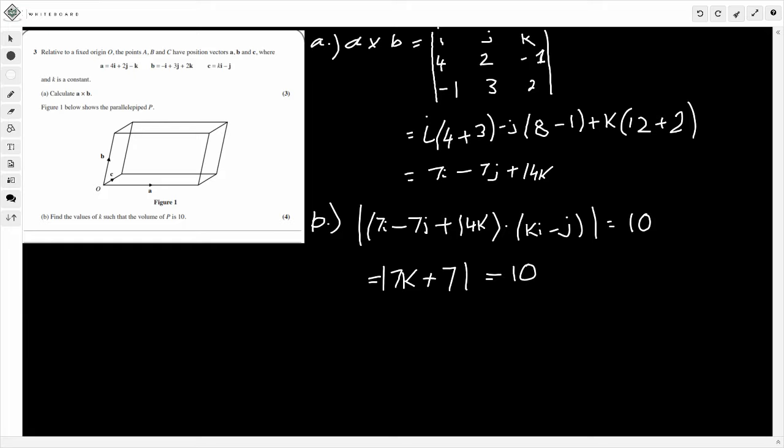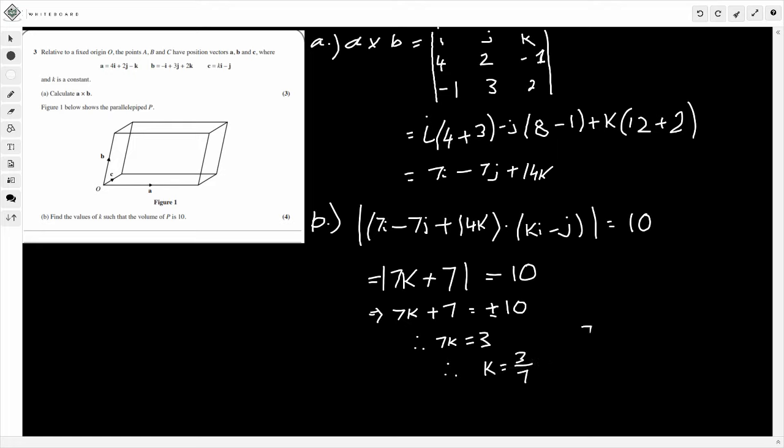Okay, so to undo these, what we're going to do is just make this 7k plus 7 equal to plus or minus 10, because we've got rid of the absolute signs now. And then finally, this is nice and easy. What that means is that 7k is going to be equal to either 3, because 10 minus 7 is 3, so therefore k is 3 over 7,